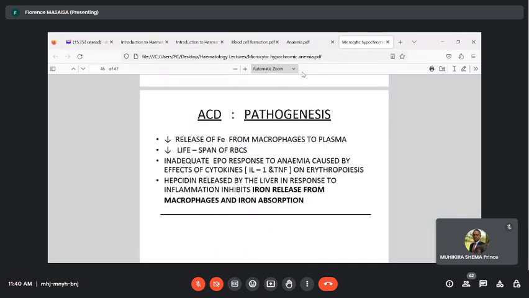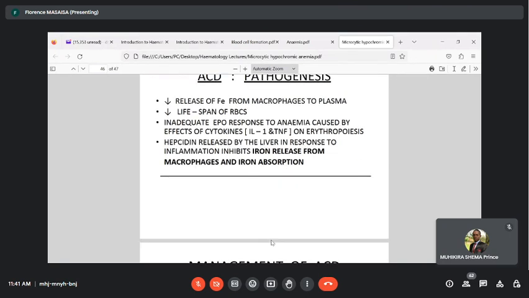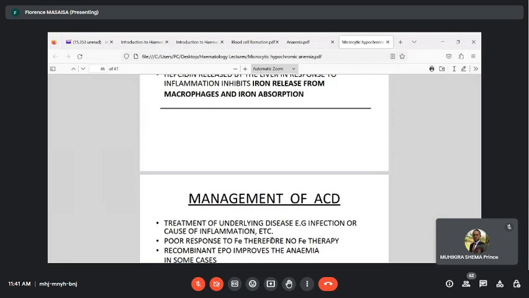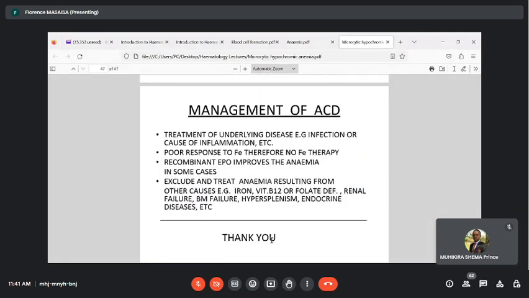So apart from the mechanism of decreased release of iron from the stores to the plasma, there is also a decrease in the lifespan of erythroblasts. So instead of 120 days, there will be a decreased lifespan. We have talked about the cytokines, we have talked about hepcidin, and so on. So briefly, that is how anemia of chronic disease occurs, but before calling it anemia of chronic disease, you have to make sure that you have excluded other causes of